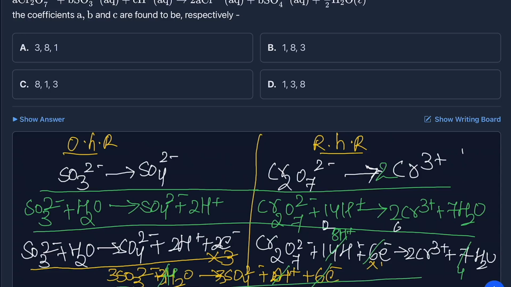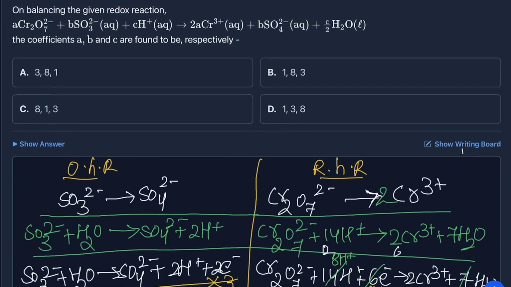So we have to write the total balanced equation, that is 3SO3 2- plus Cr2O7 2- plus how many hydrogens remained? 8 hydrogens. 8H+ gives rise to 3SO4 2- plus 2Cr3+ plus 4H2O remained. So what are they asking in the question for us,